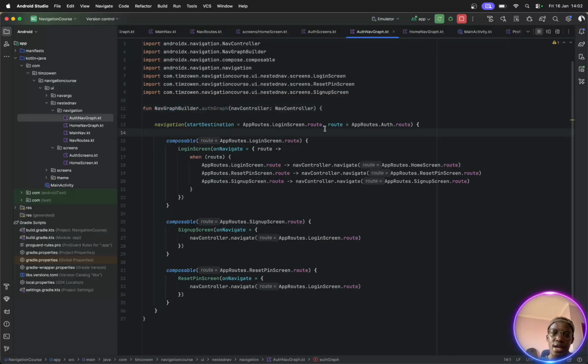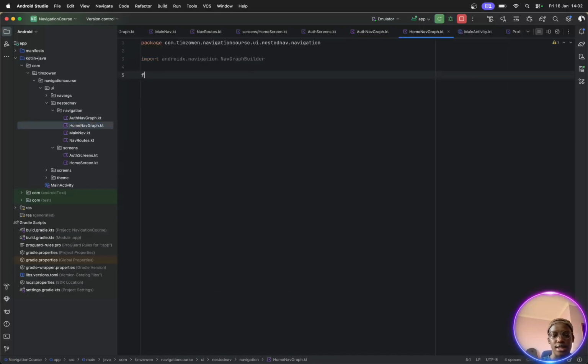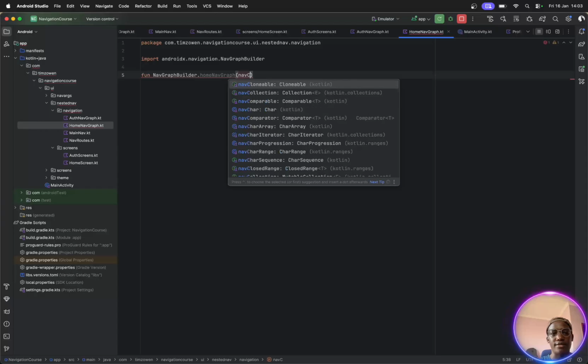That's why we're saying our first route, our first screen, will be our login screen, which will fall under the route of the authentication. This guy here, authentication here. Now the same thing will happen for home. So just create another function and say NavGraphBuilder dot, let's call it homeNavigationGraph, which will take in a nav controller